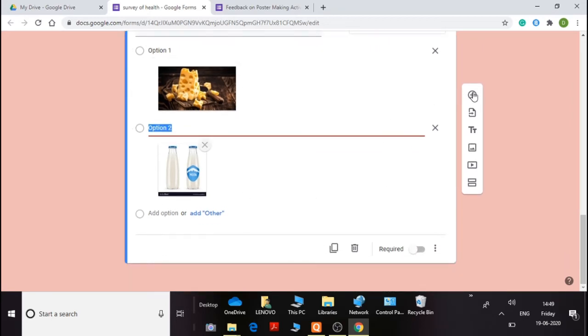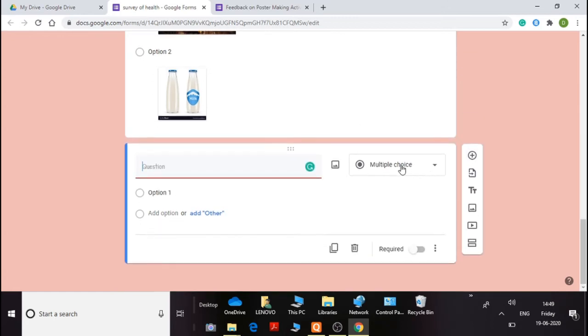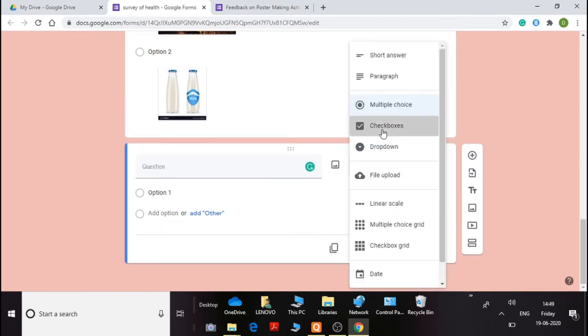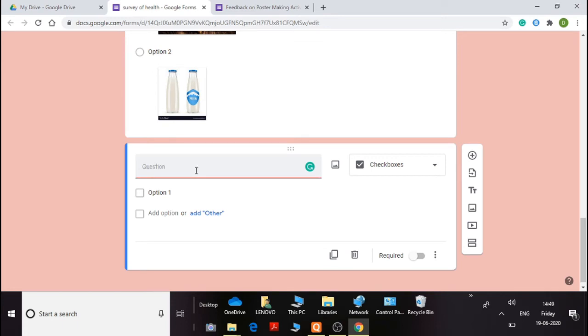Now the last one is the check boxes that we are going to see. Check boxes. Here I'm taking this question as, what are the healthy food options?